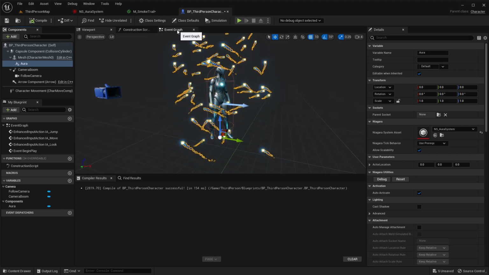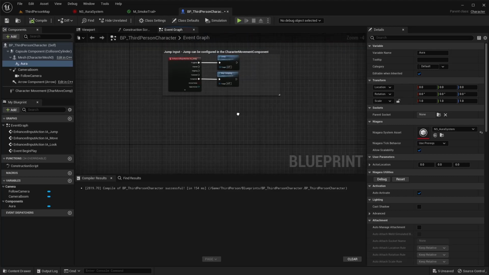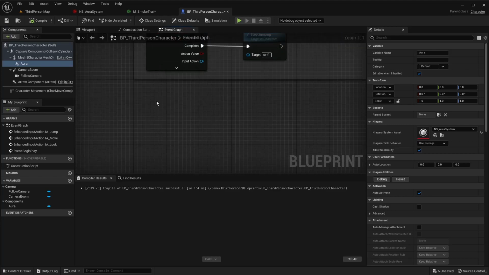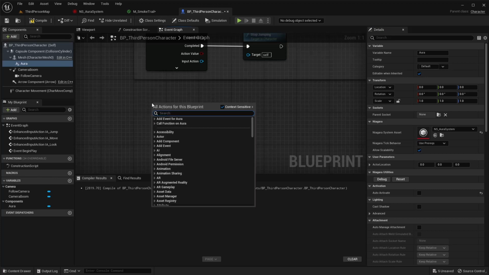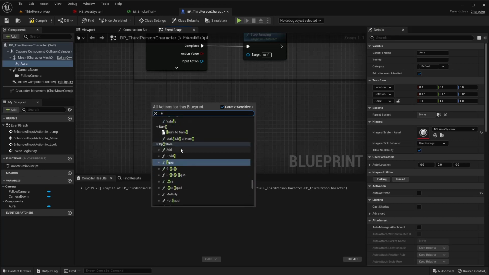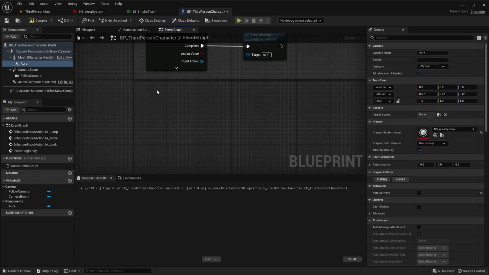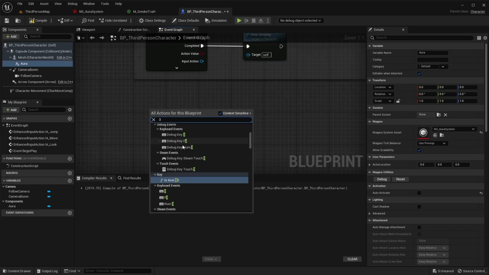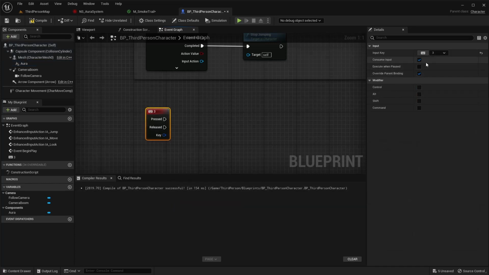Next, if we jump over to our event graph, we're going to give ourselves a way to turn this on. Actually, select your Niagara system here, and then let's set auto activate off for now. And we're going to give ourselves a way to turn it on so it's not just on as soon as we start. I like to just assign this to a key.